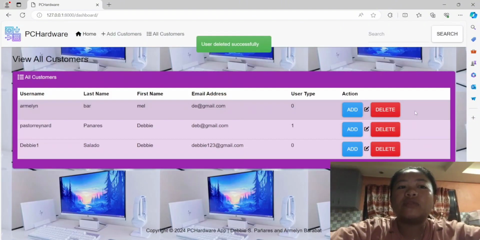Then if you want to delete the user, just click delete, then OK. Then user